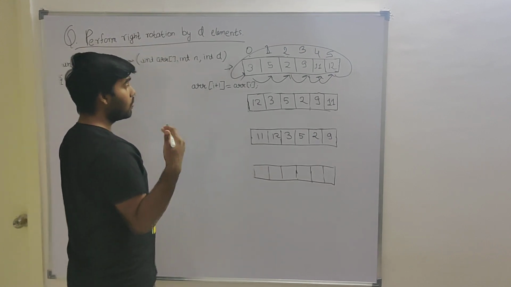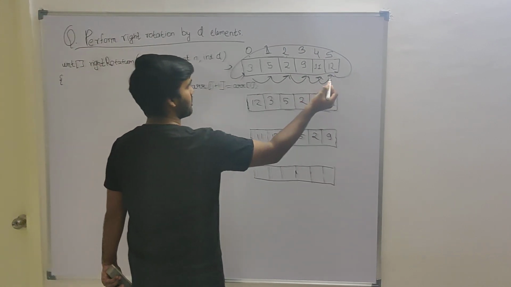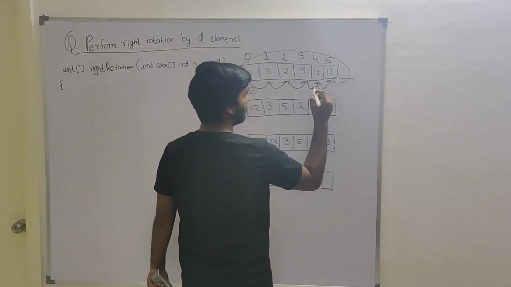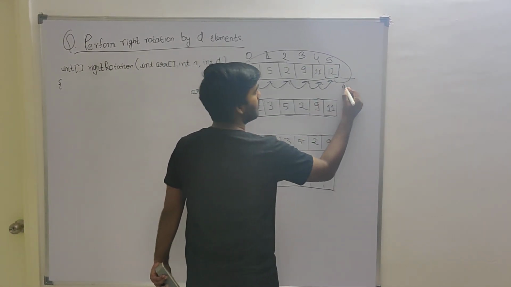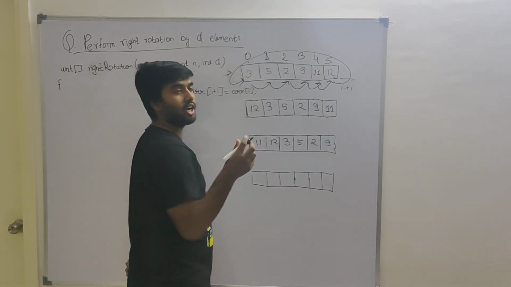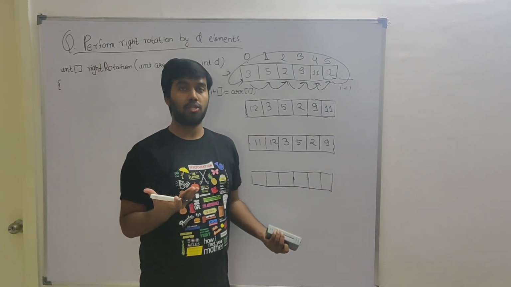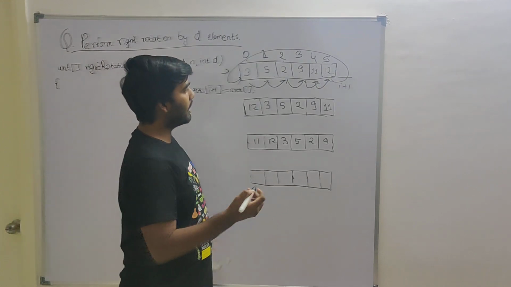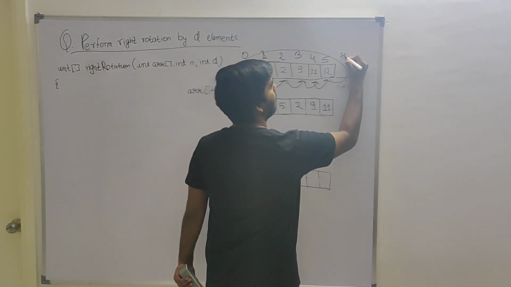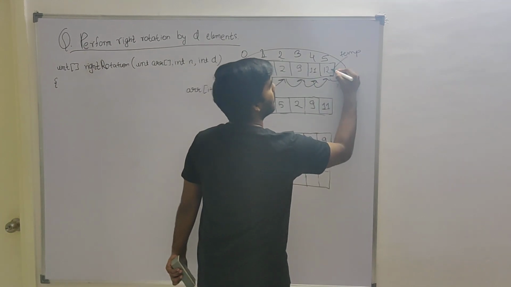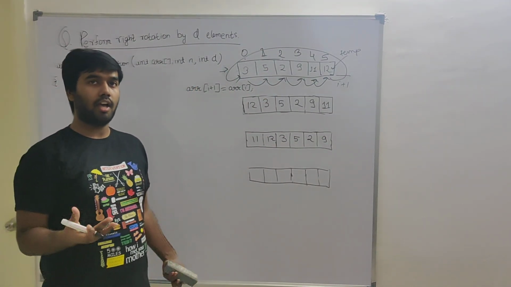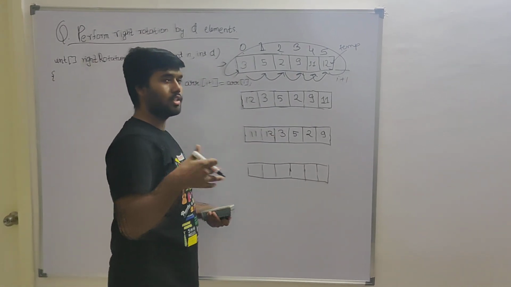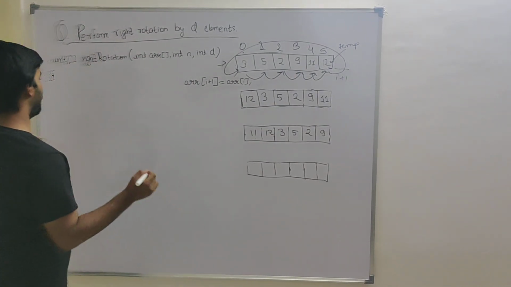But this will not be the case for the last element, because we don't have a next element, which means we don't have an I plus 1th element. In higher programming languages like Java, this will throw an out of bounds exception. So to handle that, we take a temporary variable and store the last element there, and we perform the rotations of first and last separately. So I'm writing the code for that.